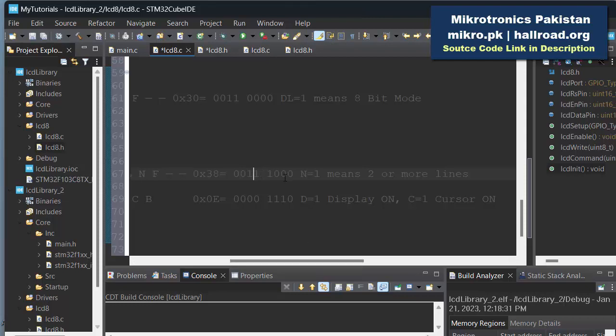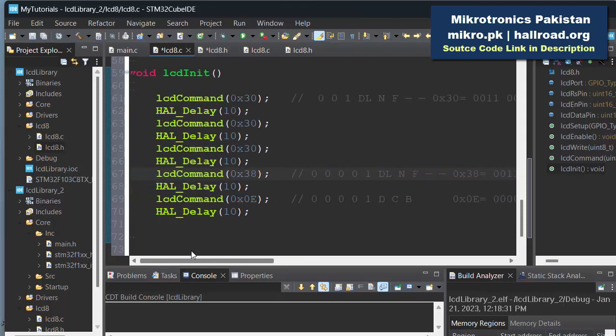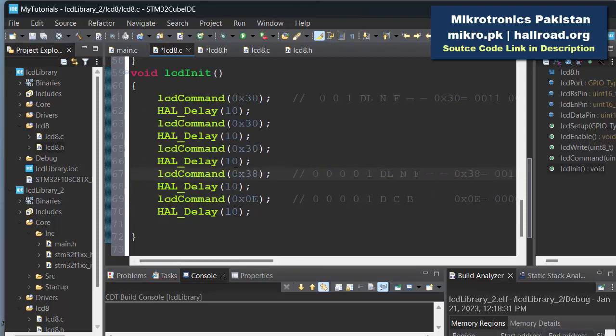If this is 0, that means single line, and if this bit is 1, that indicates that the LCD will have 2 or more lines. So 0x38 is passed, and after that again we have given a 10 milliseconds delay. Then we have passed